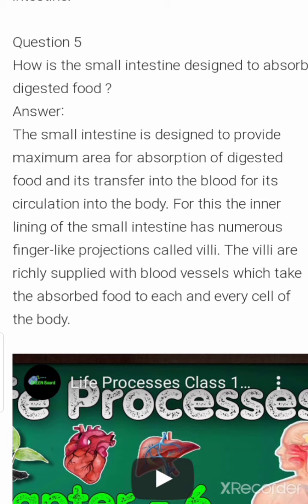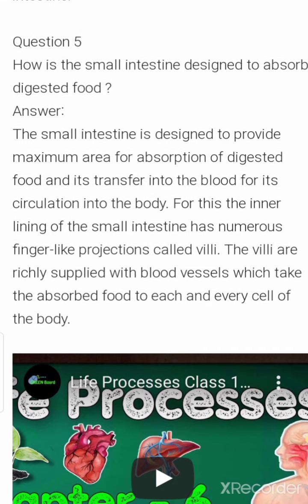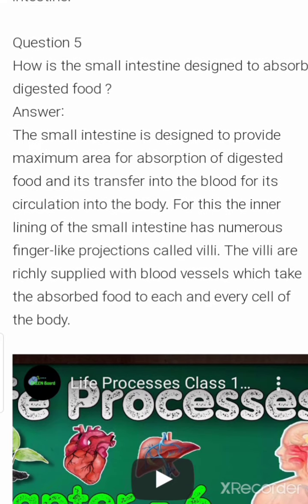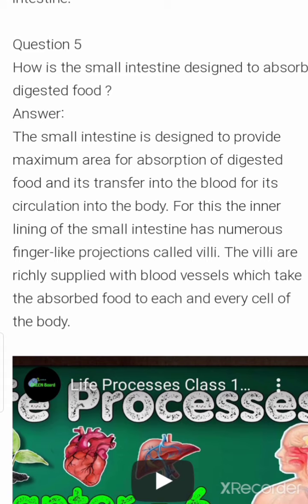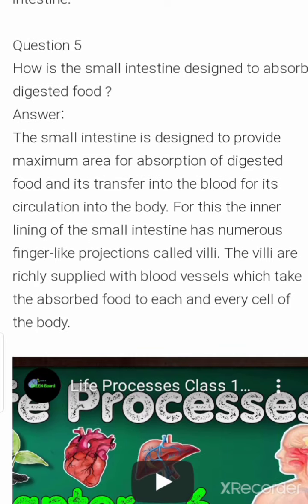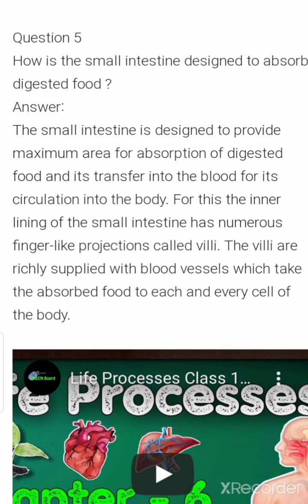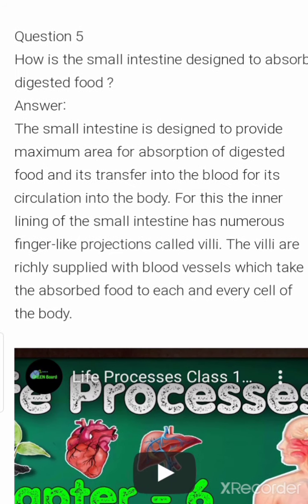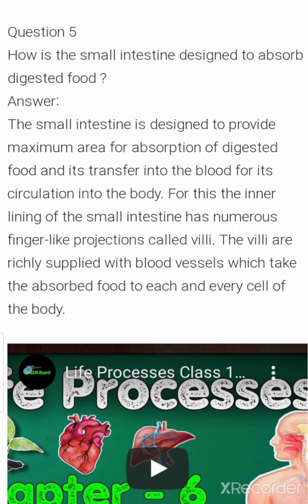So this is how food goes from the digestive system to our body parts with the help of villi, because villi work to absorb the maximum amount of food. Maximum food absorption is done with the help of villi, and they help transfer the food in a simple form into the blood, and from the blood it is circulated to all parts of the body.